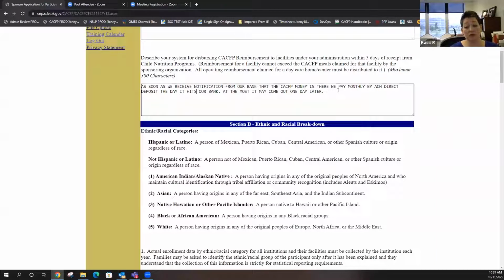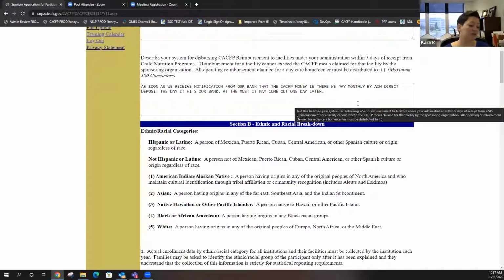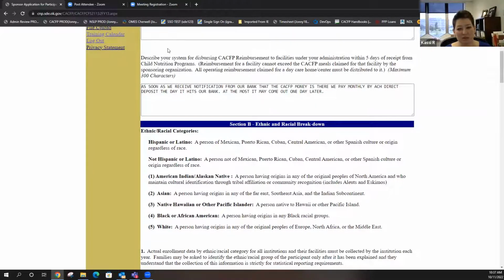It is regulatory that when we pay you, you have 5 days to pay those people, your sites. That's really only happening for family daycare homes. So a lot of times people just answer this question to meet the requirement, but you're not paying your site. So if you're incurring all the costs, or you're doing all the ordering at the sponsor level, or you're preparing the meals and dispersing them, put that there, because you're not paying your sites. So that's what this question is about.